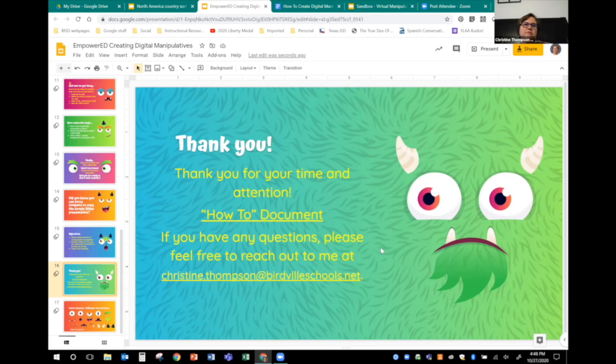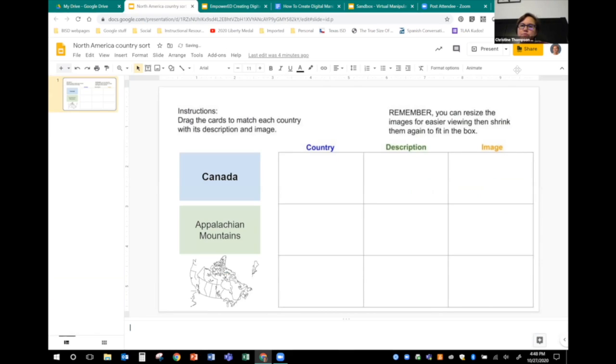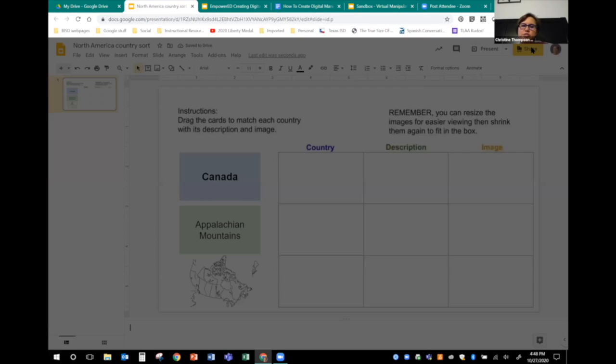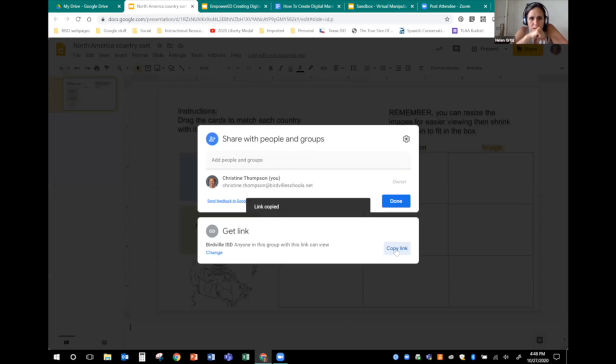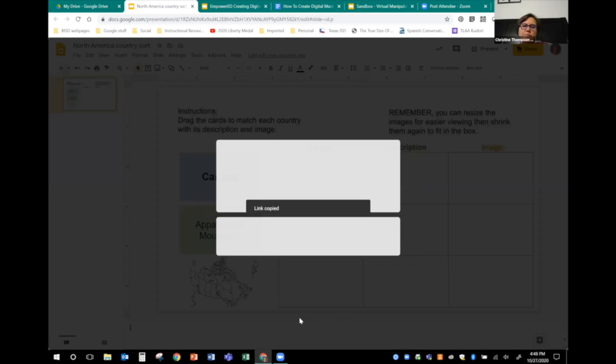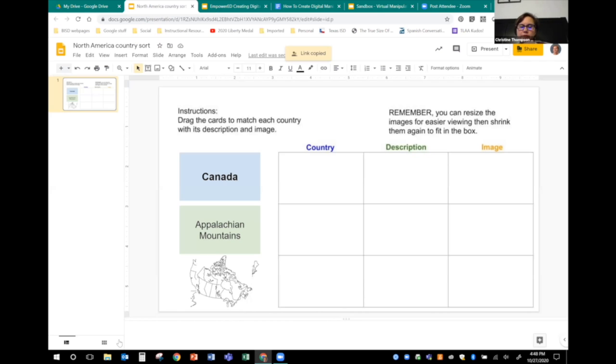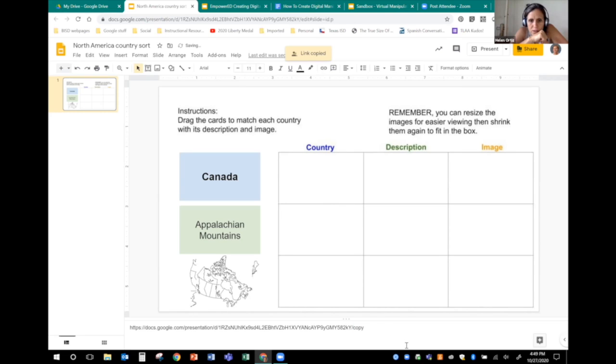Okay, yeah, absolutely. Whenever you have your presentation ready for kids, and you click on that share, and you copy the link, then whenever you go into your Canvas or whatever it is that you're using to share it with kids, and you copy out the link, just delete everything after that slash where it starts edit. And put the word copy there, and that'll create a link that whenever kids click on that link, I'll show you if it'll let me.